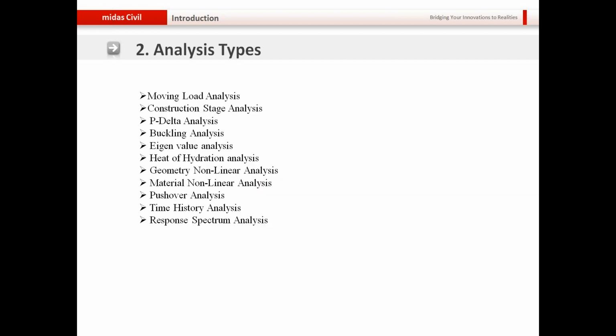So that being said, now let's talk about what type of analysis Midas Civil supports. So apart from performing static analysis, linear static analysis, Midas Civil can perform moving load analysis, which is the gist of any bridge design. You can perform construction stage analysis. You can consider the creep and shrinkage behavior of concrete, as well as how the elastic modulus of concrete is achieved with time in construction stage analysis. So it's a construction stage analysis in 3D, and you can also consider the time aspect, so you can say